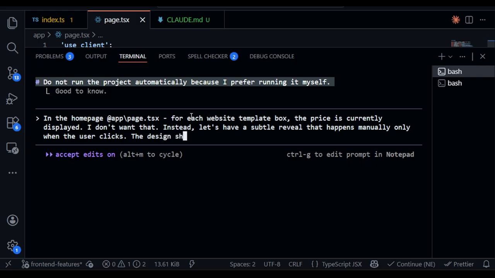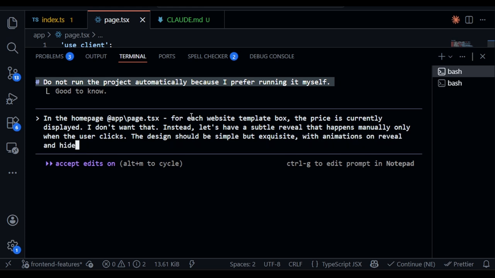Design should be simple but exquisite with animations and reveal and hide. Right, now this is what we want to achieve first, and before we actually do this, we're gonna turn on